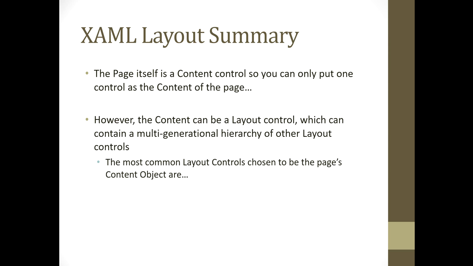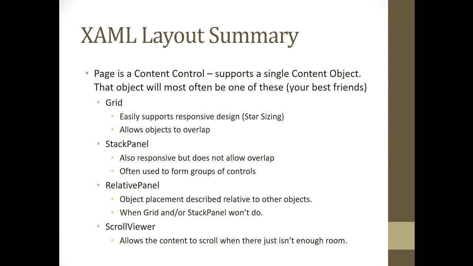as I said earlier, the page is a content control, right? So what are we going to put as the content object on this control? Well, the most common objects are listed on the next page here, right? If I can get to it, there we go. Grid, stack panel, relative panel, scroll viewer. These are the ones that I tend to use the most. You'll notice that grid is the default when you first start a UWP project on your main page. You'll find usually a grid is the element there as the content object